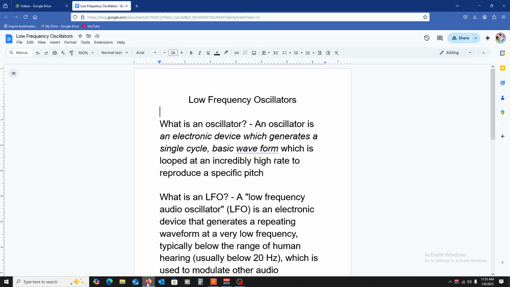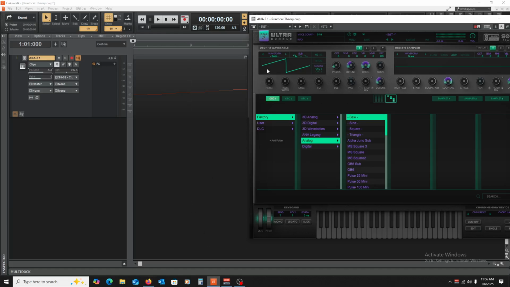And the pitch is determined by what MIDI note we're using, and also the number of times it cycles. A lower frequency, a slower cycle, is going to produce a lower pitch, which is why we call it frequency in hertz. And if it's done fast, it's going to be higher pitched.